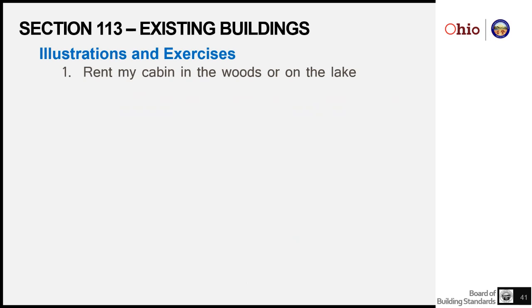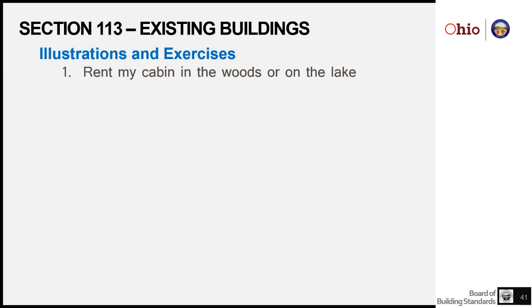It was built like a single-family dwelling. It was probably compliant with the Residential Code of Ohio, but this is one of those cases where we would look at this as potentially a change of occupancy. And in this case, the change of occupancy is going to move the building, particularly if it's held out to the public for rental periods less than 30 days, and that it would be what we call now a transient lodge.